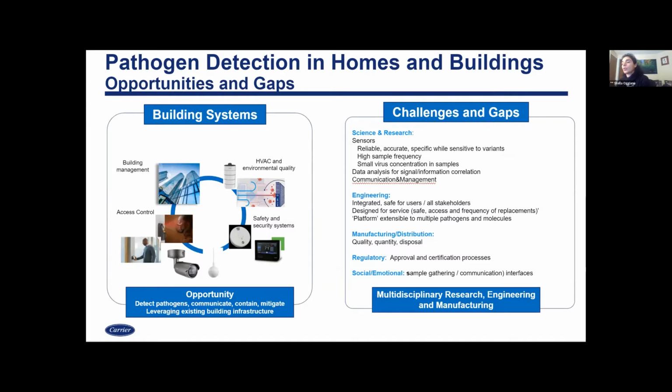Do we access the virus from one person, or do we integrate the signals to another person? Another scientific question is that buildings have a lot of different systems: radar technologies, temperature sensing, videos, analytics, microphones. How do we integrate all of those signals, with sensors that may not be ready or accurate, and how do we improve the level of accuracy using the existing system? Those are research questions that we are working on at the emotional level, how to manage all of this.